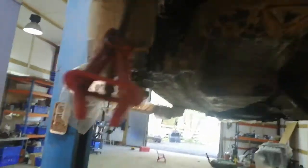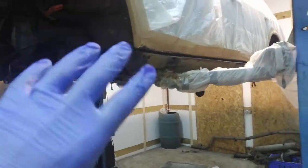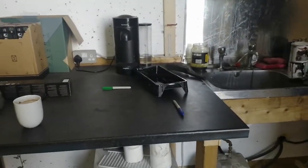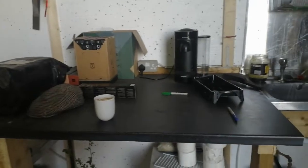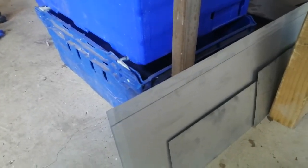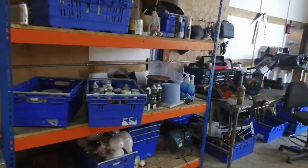So now to give you an idea of the quantities and how I went about it. I went basically inside that seam there the whole way along, and then around certain areas where I thought it could do with another coat. It is a rust inhibitor. There's a rust inhibitor inside of this stuff as well. So literally everything I've used so far on this car is a rust inhibitor, because I'm using zinc plated steel. That's my steel there, that's all zinc plated. Each side of that had rust inhibitors or rust converters put on, and rust inhibitor zinc primers, and then the very thick